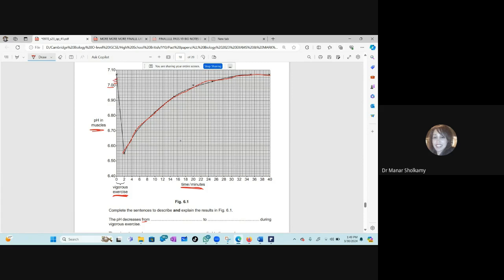1, 2, 3, 4, 5, 7, 8, 9, 10. Now this is so easy. What's the value of every box? 0.1. Yes, very good, 0.1. This is exactly 7.7. So the pH will decrease from 7.07, not 7.7,